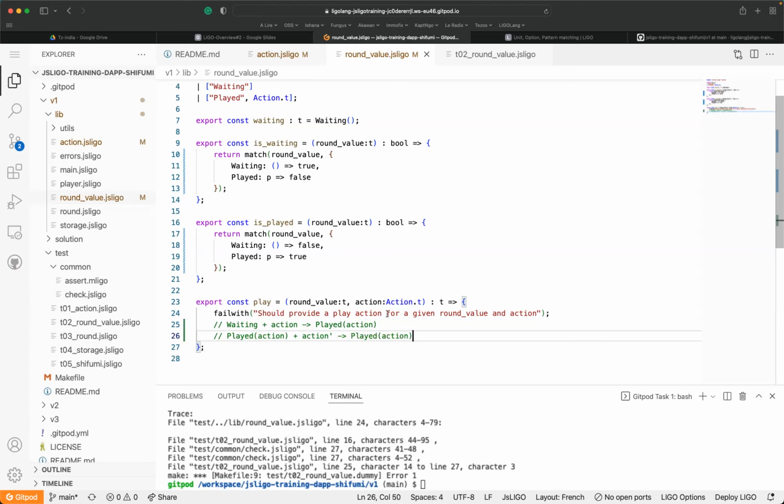Okay, action prime, which is this one, is not used. I'm going to call it action prime here, action this one. Wait, I should say with played action prime. This is what is expected. Waiting, I can play. Played, I cannot play.